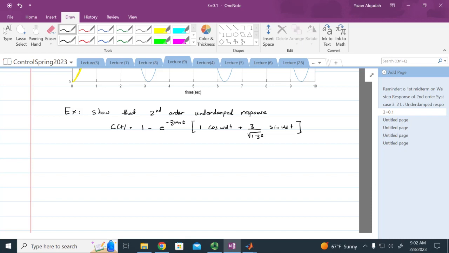Which is the expression that we just derived for the response of the underdamped response. I'm going to show that it can be written